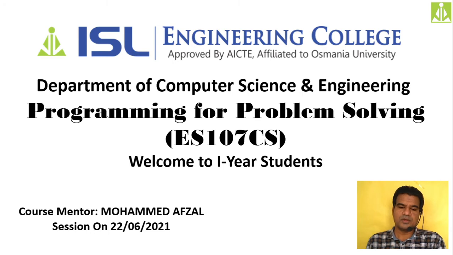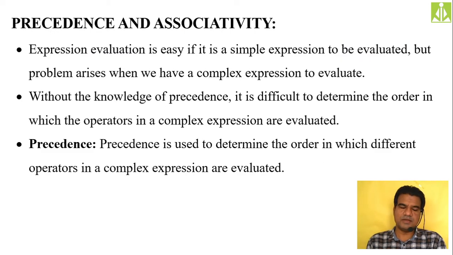Okay, so precedence and associativity, we said we need to apply the precedence first and then we have to apply the associativity. Whenever you are applying the precedence, we have a precedence table. According to the table, we need to consider all the operators in the complex expression. If a particular operator has a higher precedence level, we need to evaluate that operator first and then go for the operator which has the lower precedence level.